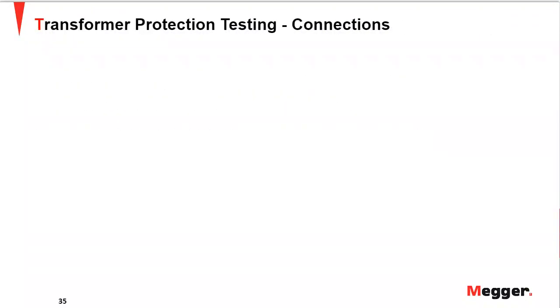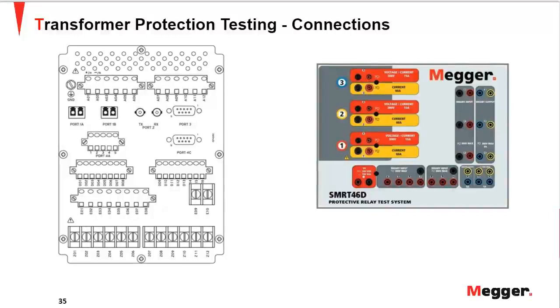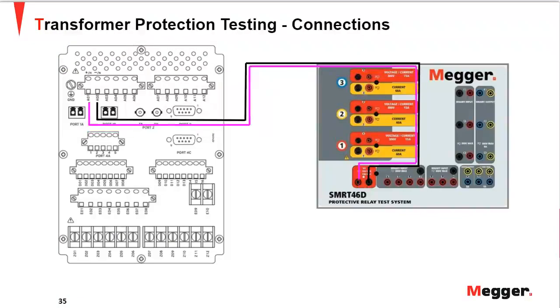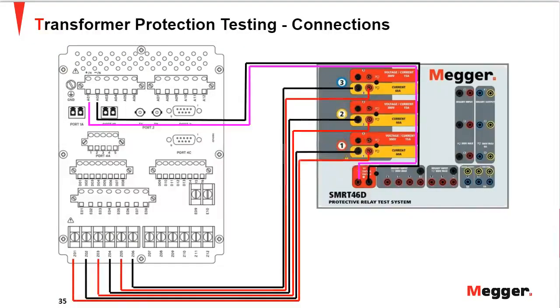Now let us look into the testing aspects of these different functions. So first and foremost, what I've shown here is just generic connections from a three-phase test equipment to a relay. I show the back of the relay here, where we show the connections being made from the test equipment